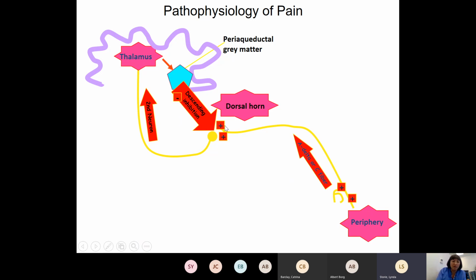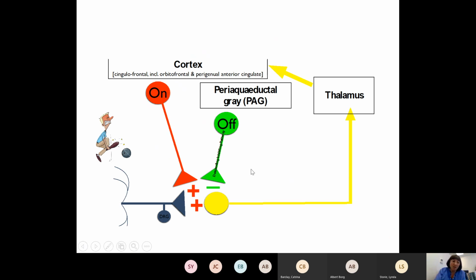We've also got nerves that tell you to go and take your hand away from the hot or painful stimulus. And this is a gross oversimplification, as you will all be aware, but it's really just trying to highlight this point that the cortex is really involved, the periaqueductal grey matter, and the thalamus having various excitatory and inhibitory